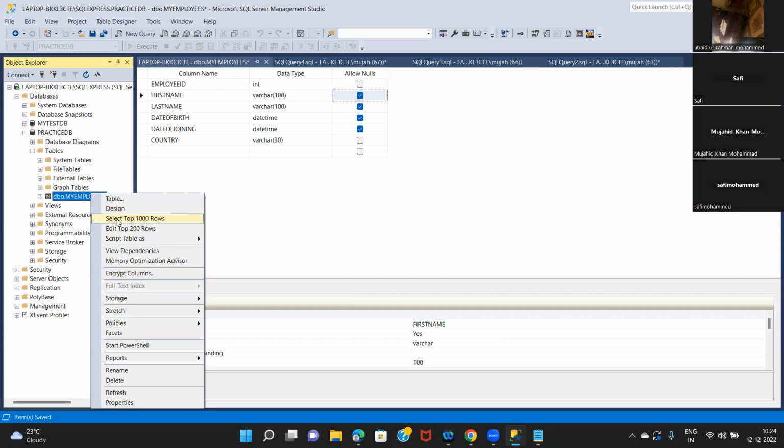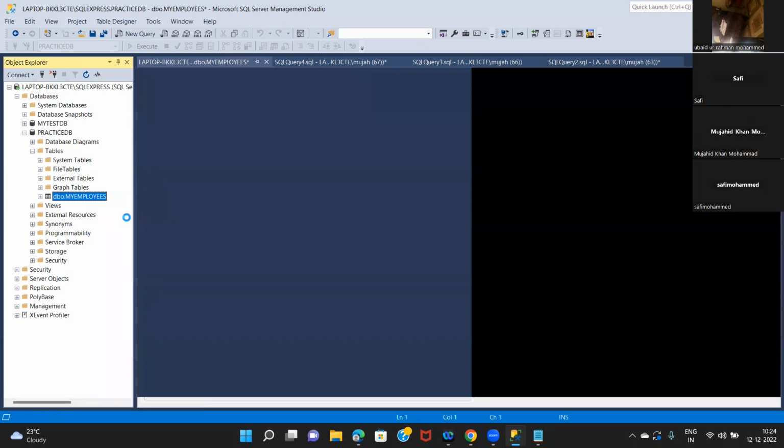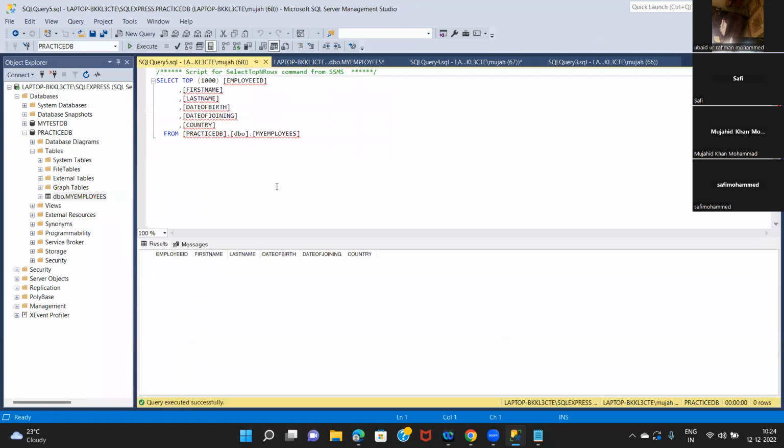Select top 10,000 rows, edit top 200 rows, and we can even create the script. So this also we can go through later. So simply let me execute this now. As we said, when the tables are created, there are multiple operations we perform. Why we save the data into the database is to manipulate the data, to perform multiple operations like CRUD operations, like create, read,